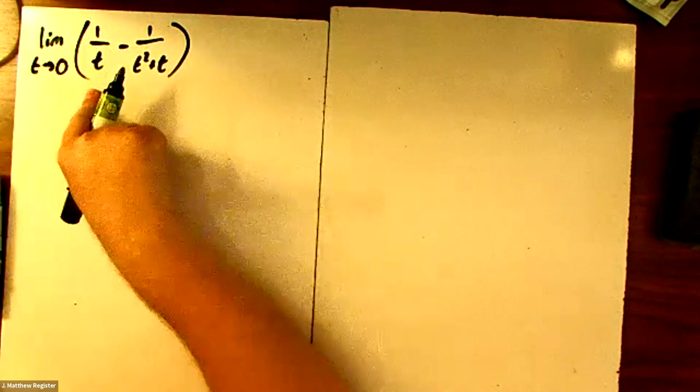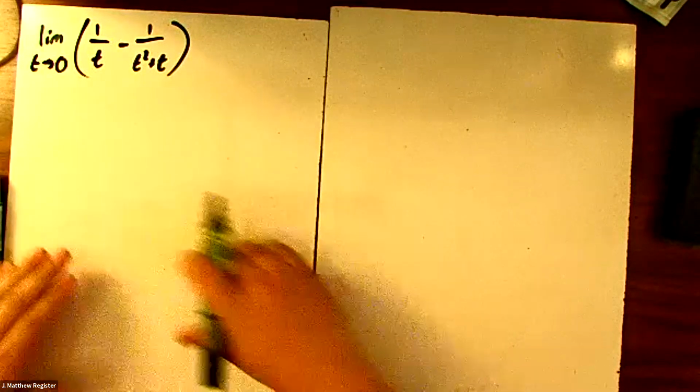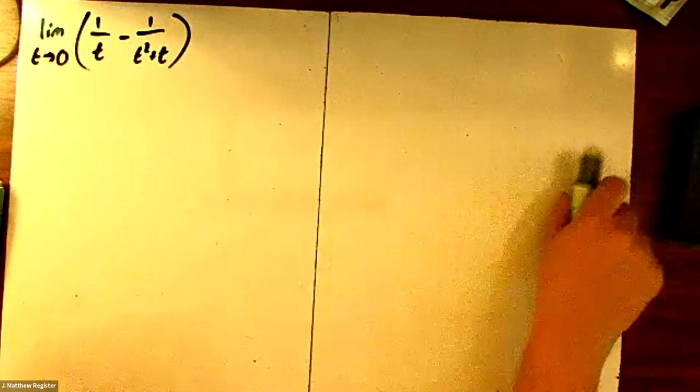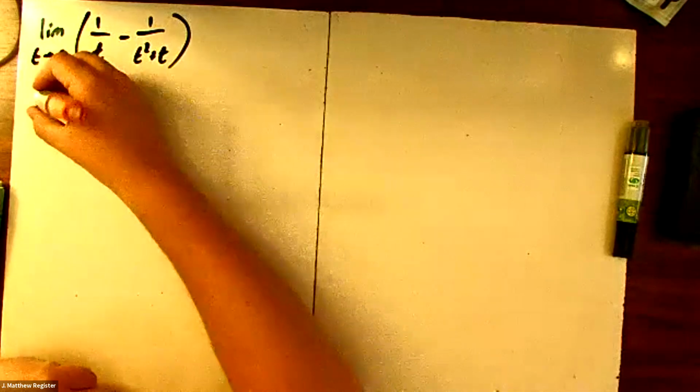With this one, again, we can't plug 0 in directly because we'll get 1 over 0 minus 1 over 0. And so instead, let's see if we can combine these. And it turns out we can. We can combine these fairly nicely. And so looking at it, we could get a common denominator,